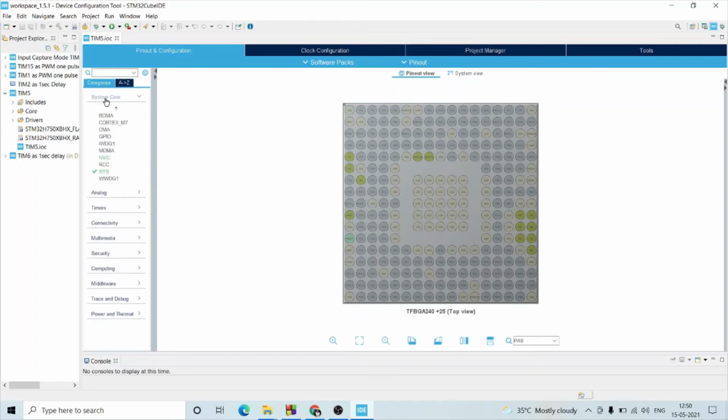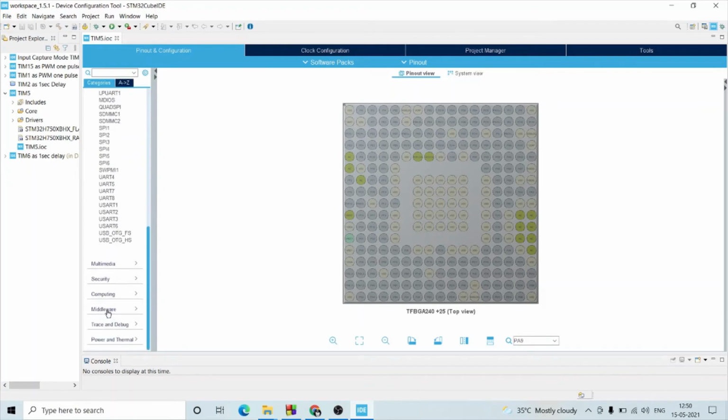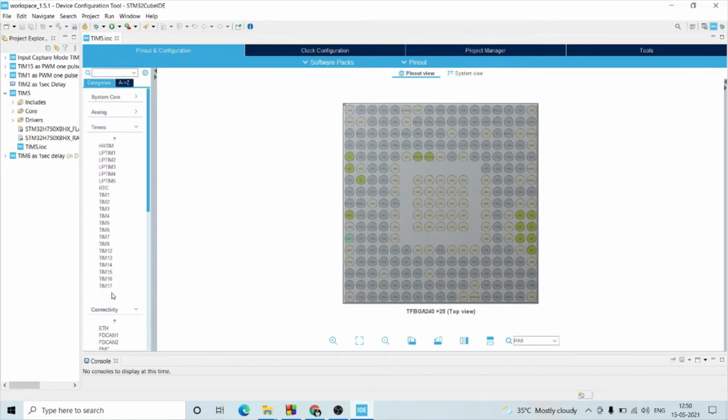All the peripherals regarding this controller are listed on the left side. Here are analog, these are timers, these are connectivity: SPI, UART, I2C, Ethernet, as well as CAN. Whatever this controller supports, all the peripherals are here.